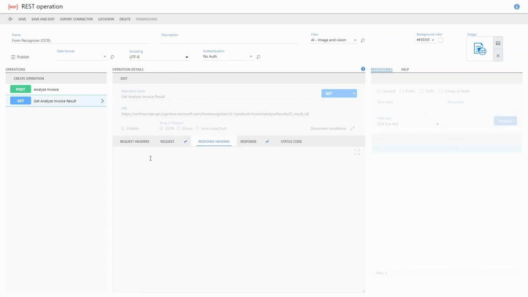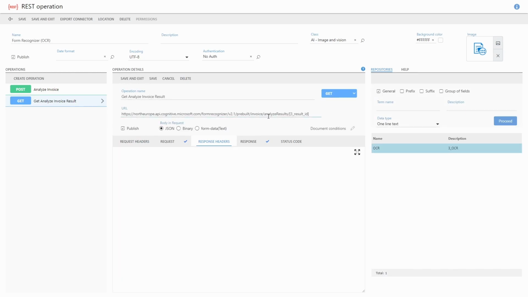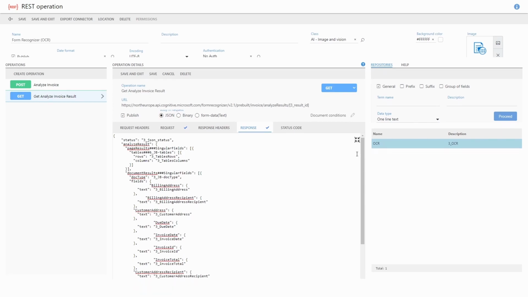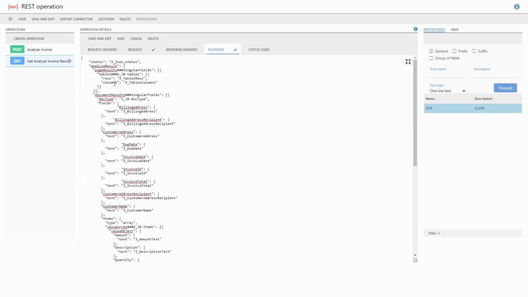Let's continue with the next operation, and the first thing that we are going to do here is to map the text field that you just created or selected in the previous operation, so it's part of the URL. For the last step, we are going to get the values that we are getting from the invoice or the document that we just uploaded, and we are going to map them to Aura Quantic fields. Let's make this bigger, and you will just need to follow this JSON structure to map the values to the Aura Quantic fields that you have.